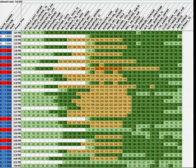Here's another graphic. I love this graphic, and the intent is to look at average loads by station. This is the max, so you have to read this from right to left. This is going from Gateway out to Hatfield Government Center in the PM peak. These are all the max trains, and you can see the red line trains and blue line trains, and what this does is visually show your loads and how far people are